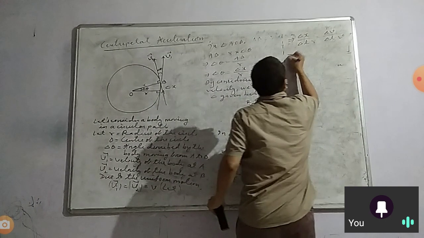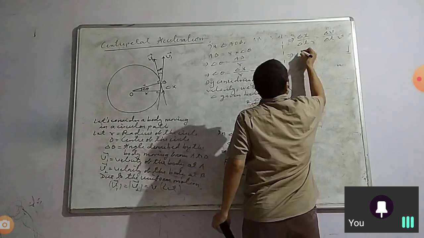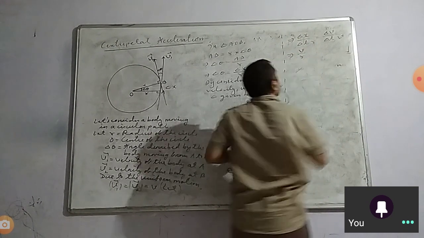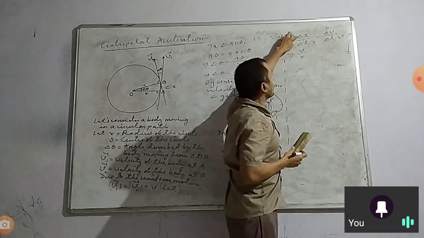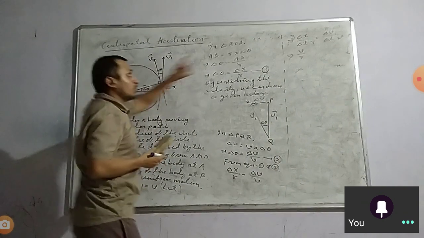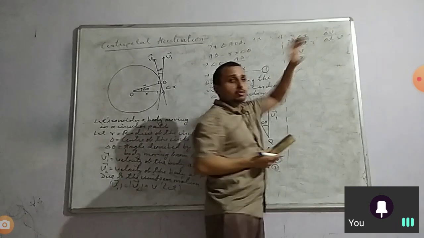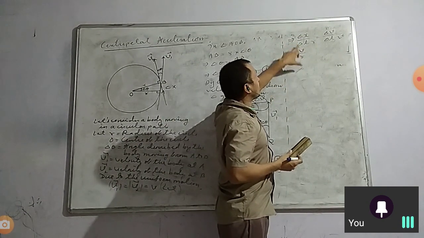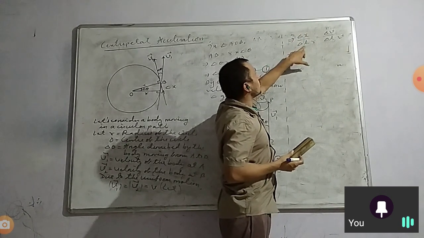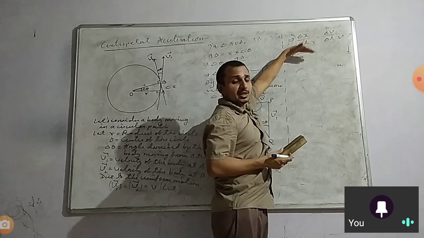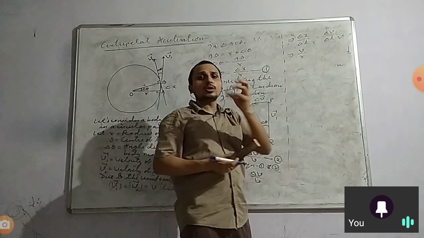So finally delta x upon delta t, we know this is the velocity, V upon r. Why am I writing velocity here? Because delta t is very small, and when we want to remove delta we have to take the derivative. We know that limit delta t tends to 0, delta x upon delta t is equivalent to dx upon dt, and dx upon dt is called the velocity.